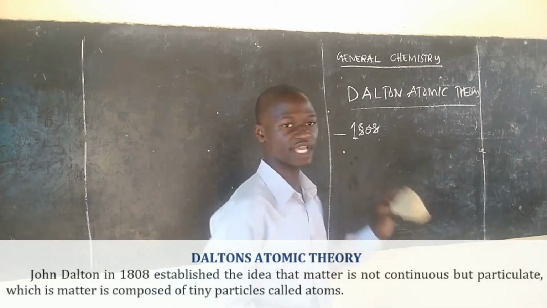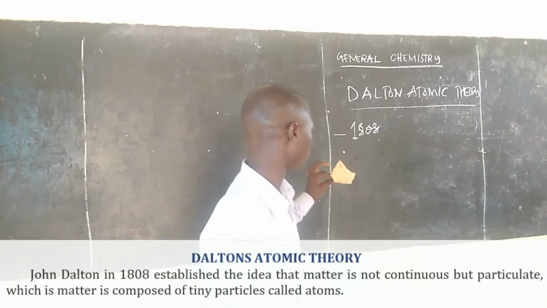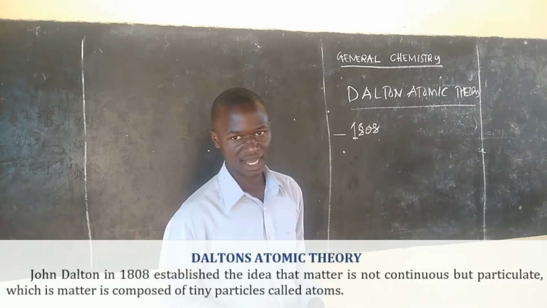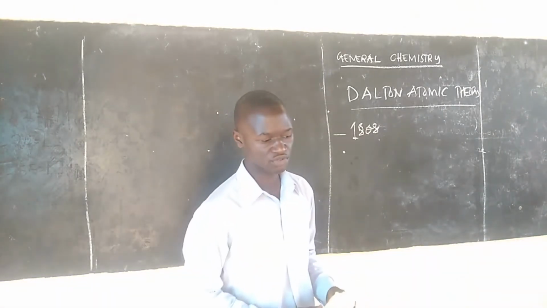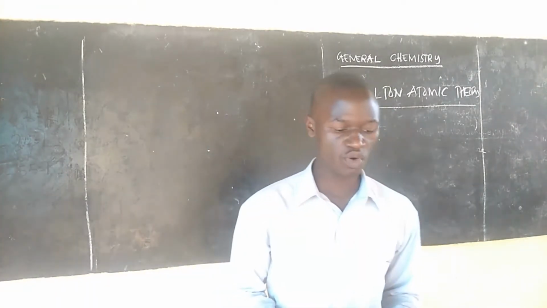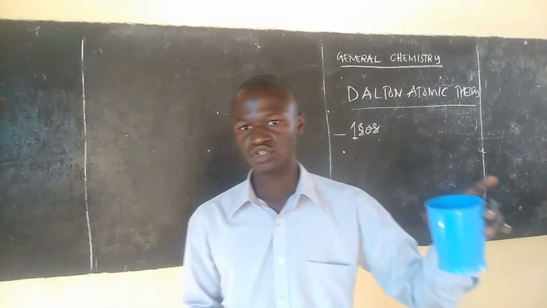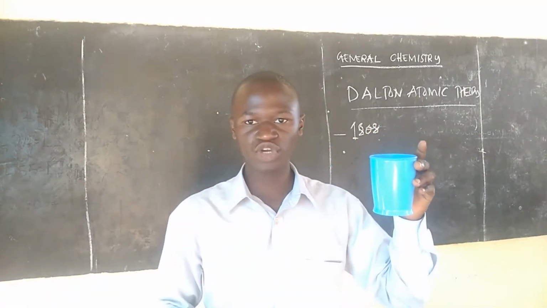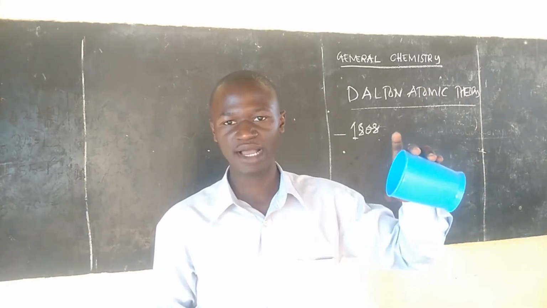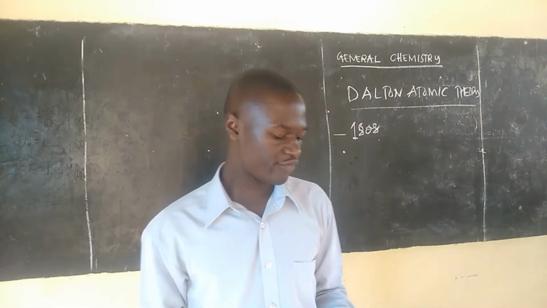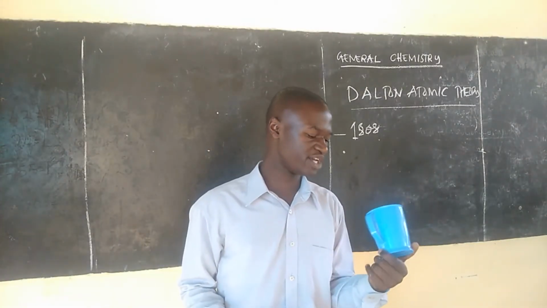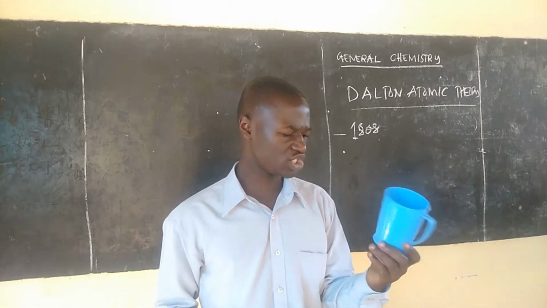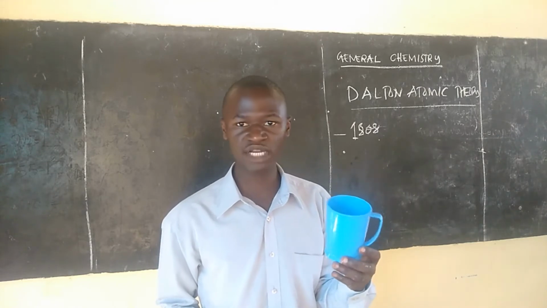Now, there is some evidence for this. How come matter is not continuous? How did he know matter is not continuous? Because according to what we know, if we have water in a cup, we would think that what we have in the cup is simply water, and we would think water is continuous because when we pour it, it all pours out. Or if we have this plastic cup made of polyvinyl chloride, PVC, we would think this plastic cup is just continuous, not knowing it has polyvinyl chloride molecules inside.